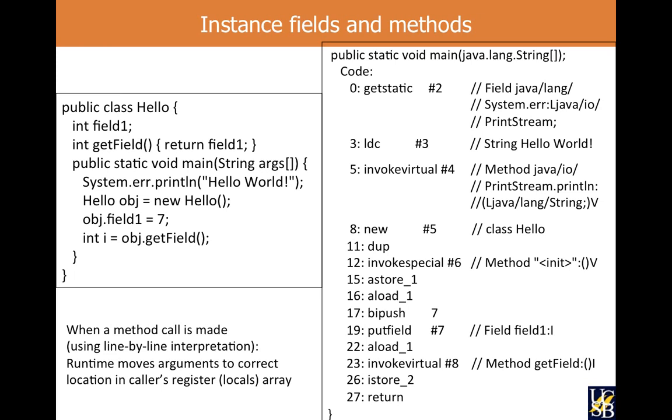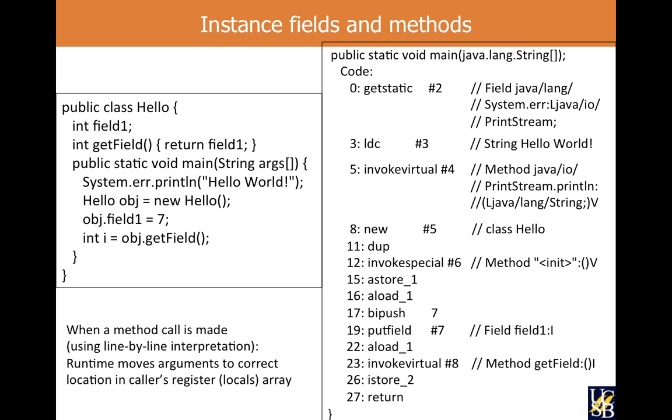So we first push the object instance that we want to access the field within. We then push the value that we're going to store in that field, and the putfield consumes the object instance and the value and pops them from the operand stack. For instance method invocations, we also need an object instance. So at line 22, prior to the invokevirtual, which is a dynamically dispatched instance method, we're going to push onto the operand stack the object reference. The invokevirtual consumes this operand, even though if you look at the method signature for getField, it takes no